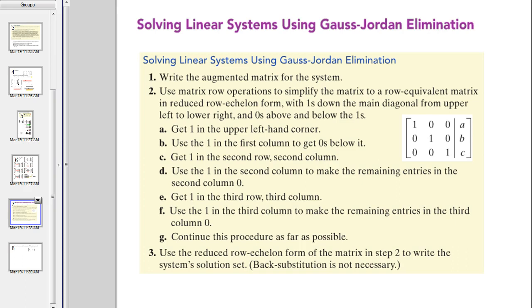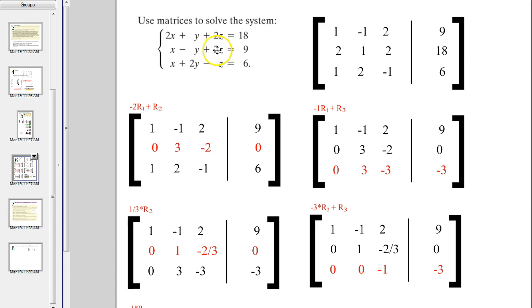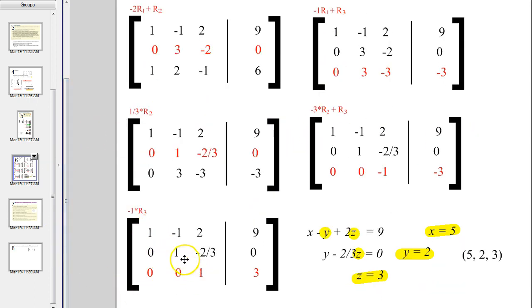Hello 171 class, this is your notes for section 8.1 part 2, and what we're going to do here is go one step further, or I guess 3 steps further, with what we talked about last time. So last time we talked about solving these systems of equations by setting up an augmented matrix and then doing row operations, row swapping, multiplying a row by a number and adding to another row to get this form of the matrix with 1s on the main diagonal and 0s below that main diagonal,